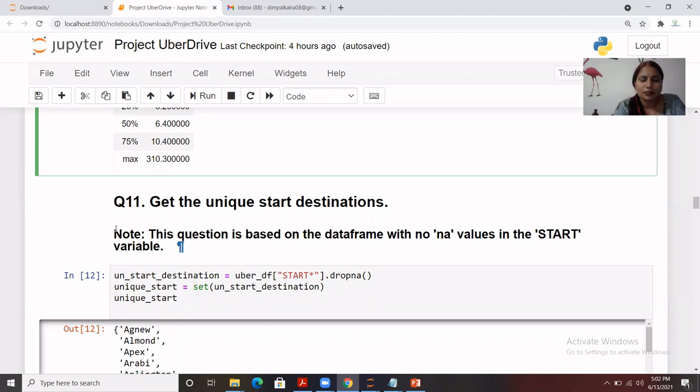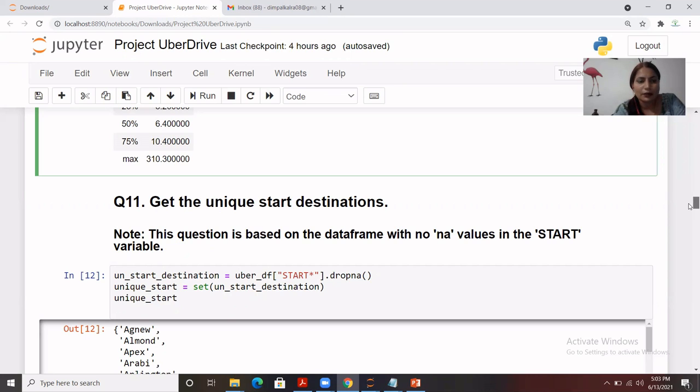Next question is we just need to get the unique start destinations, and we need to consider that this is based on the data frame with no NA values in the start variable. The name of the data frame in which we removed the missing records is df that we previously created.